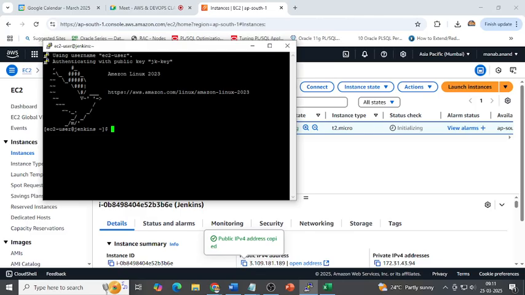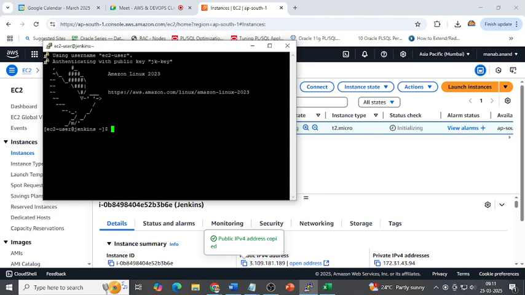Check it. Now your hostname is changed, ec2-user at Jenkins. So it is helpful when we are going to utilize 3-4 machines at a time, one Jenkins, one Ansible, one web host or Docker. So it is easy to identify which machine you are in. Normally it is going to show IP address, private IP address. Okay. Now from here